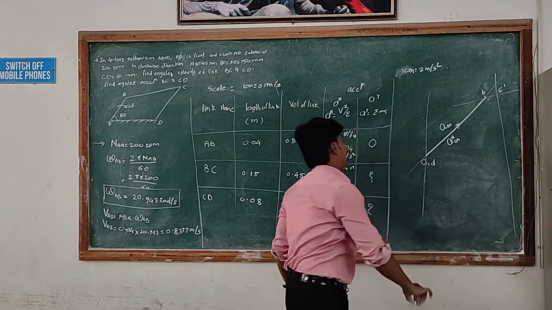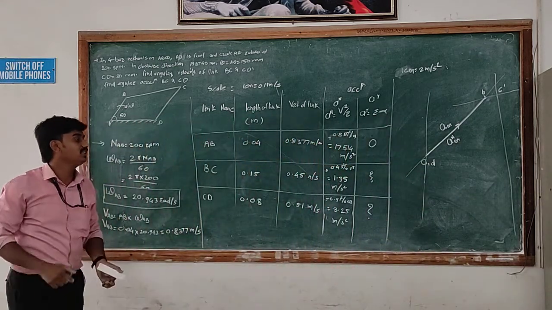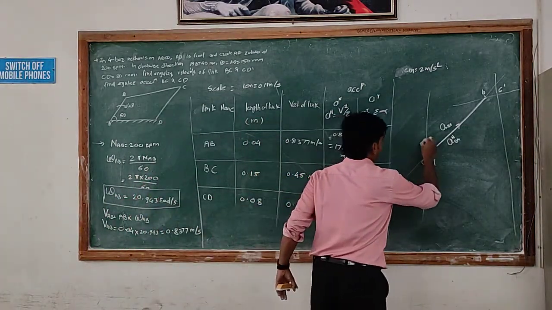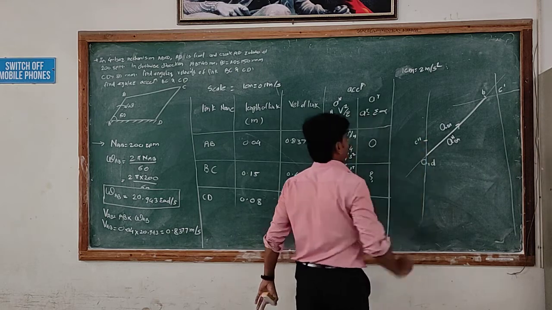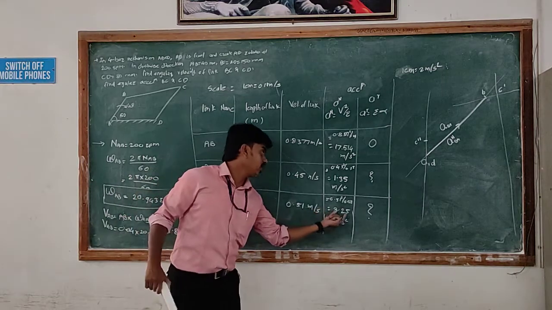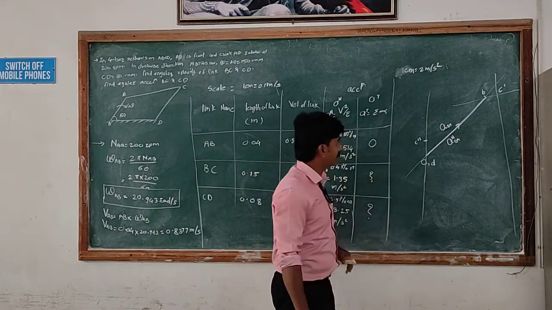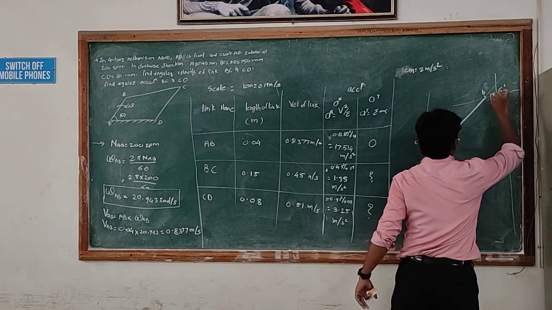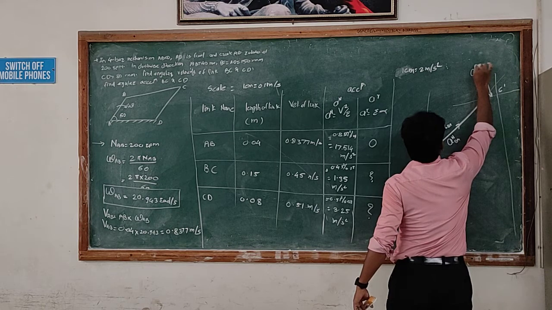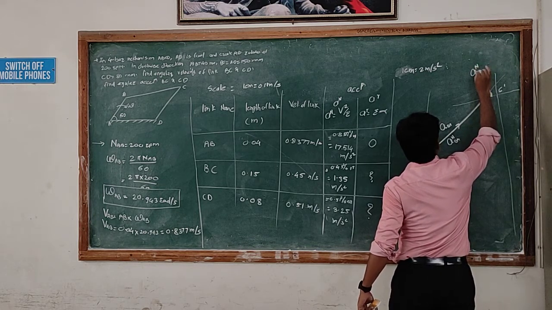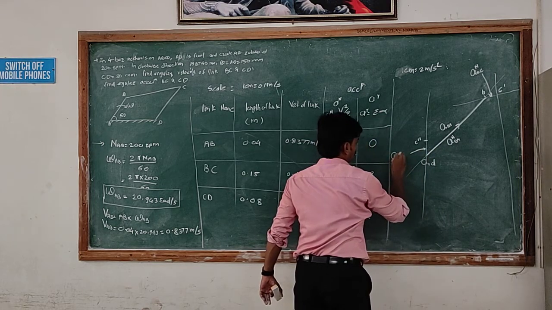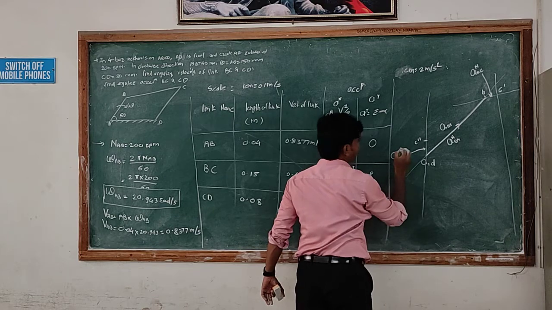So this is my line which is passing through D and parallel to CD, and its magnitude is 3.25 meter per second. So I will get here, suppose, another point C double dash, as we have its magnitude and its direction. First of all, I will mark this component, which is the normal acceleration of the link BC, and this is the normal acceleration of the link CD.